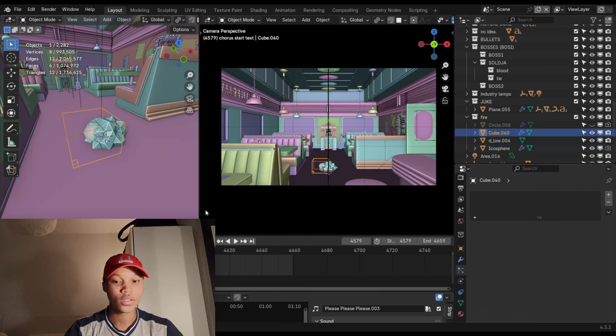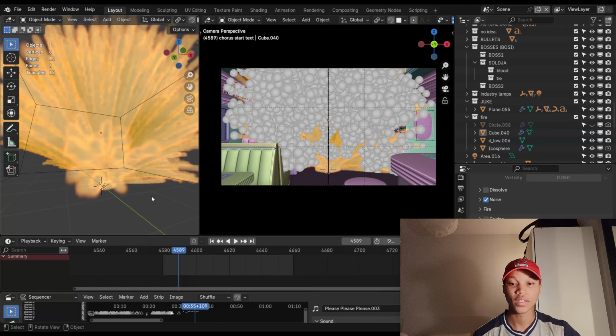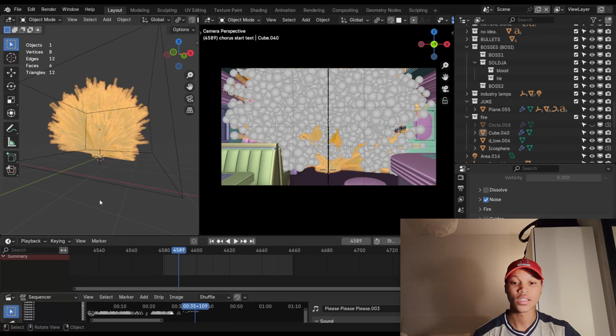If my laptop can cooperate, here we go. Basically, the fire is just made up of these particles. Again, Blender Made Easy, his video, you're gonna understand much more than me. He's the one I followed, so I would recommend you go watch that. But yeah, just a very simple, really cool looking fire sim that looks like this. And that is pretty much it for the animation.